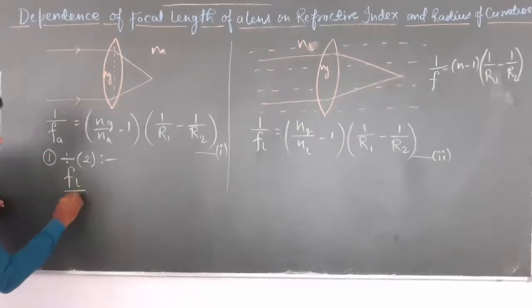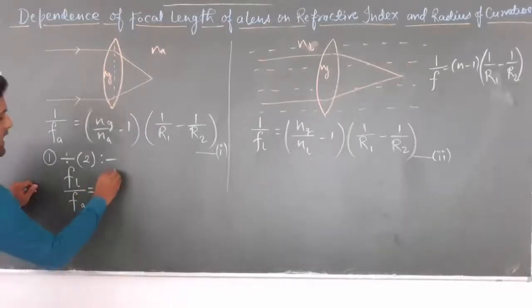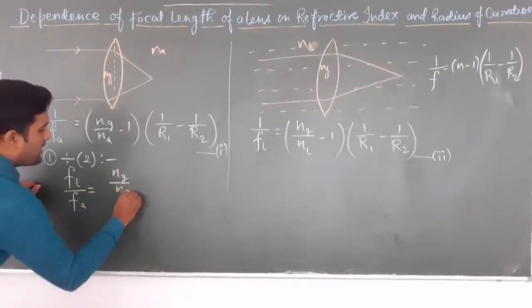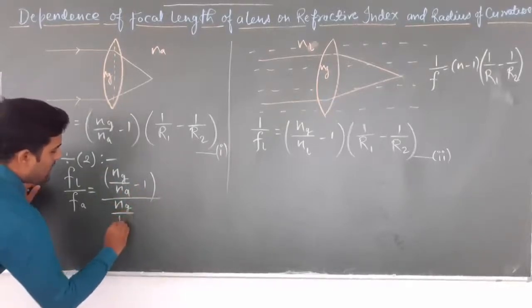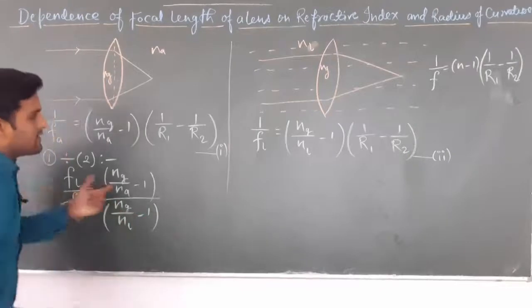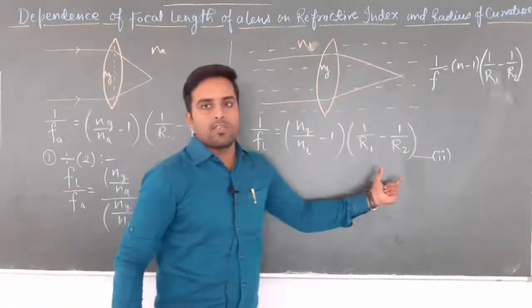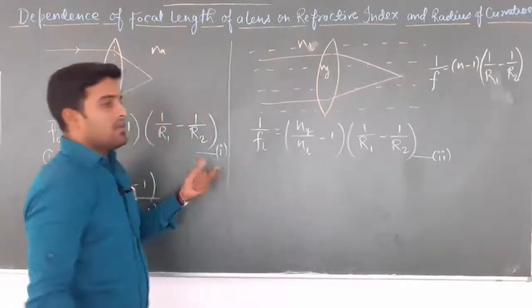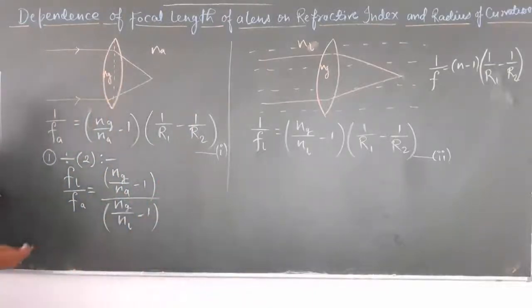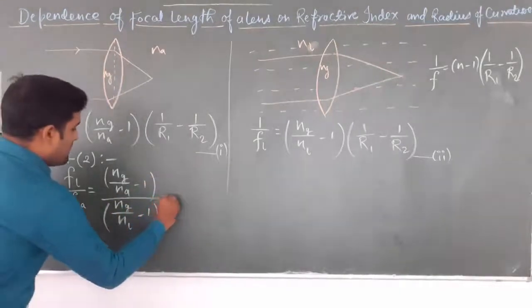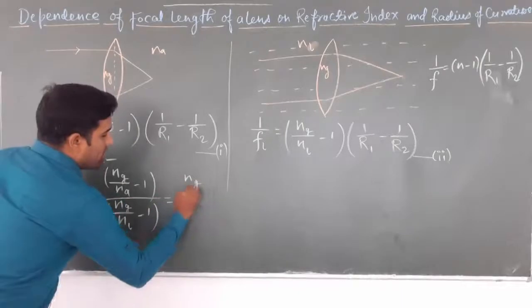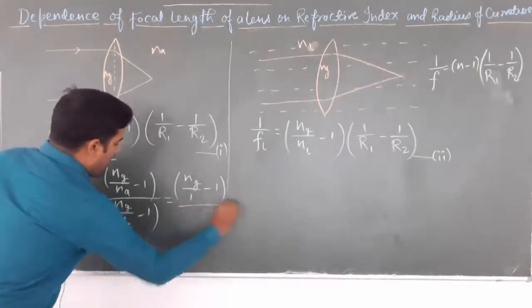When you divide equation 1 by 2, Fl upon Fa is equal to (Ng upon Na minus 1) upon (Ng upon Nl minus 1), and the whole term (1 by R1 minus 1 by R2) cancels from both equations. Now, you all know that the refractive index of air is always taken as 1. So this equation will become (Ng minus 1) upon